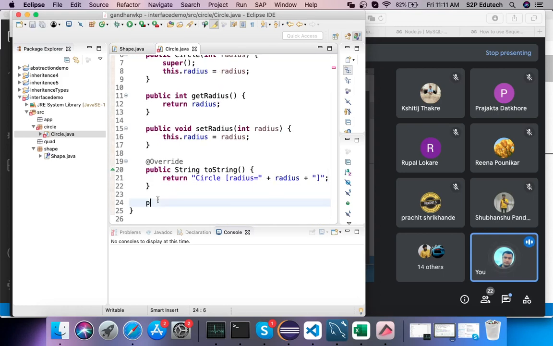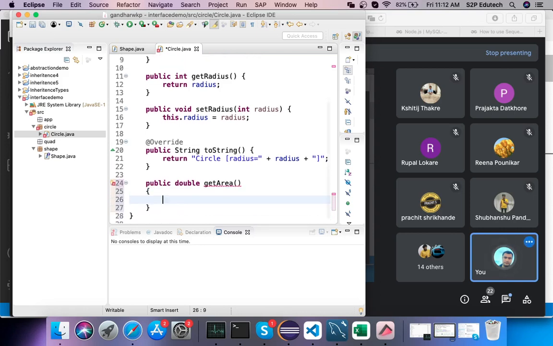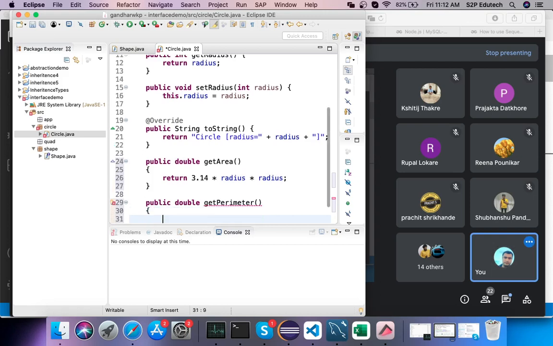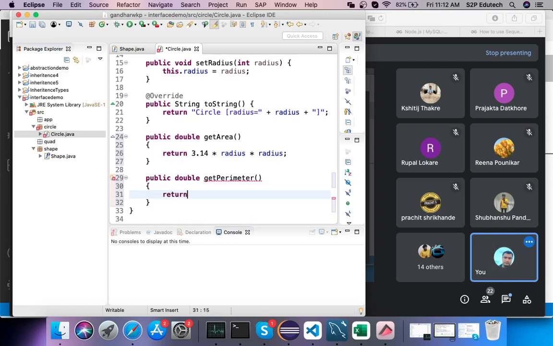How will I write? I'll say public double getArea, and in this I would say return 3.14 into radius into radius, and I'll have public double getPerimeter, and in this I am going to say return 2 into 3.14 into radius.